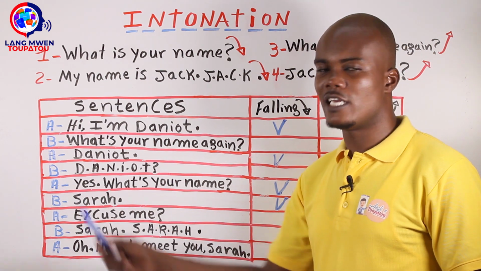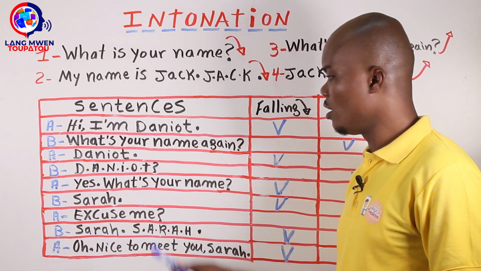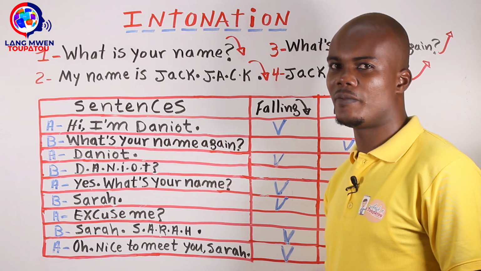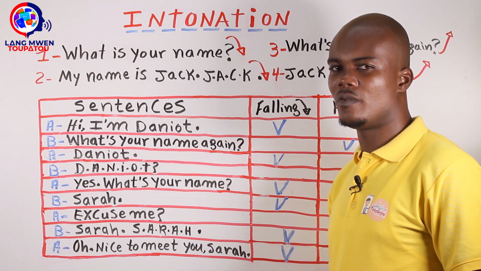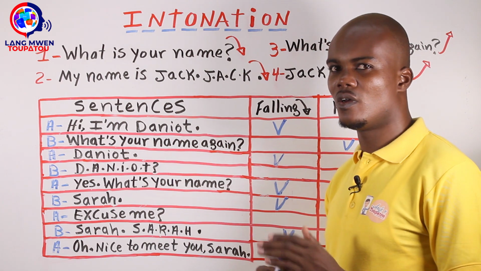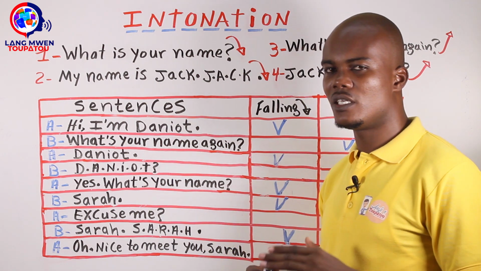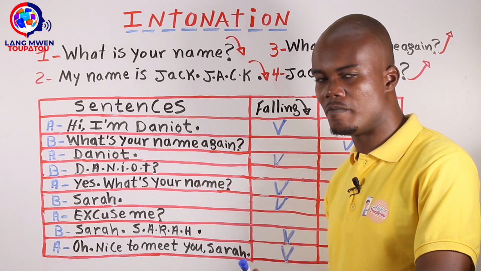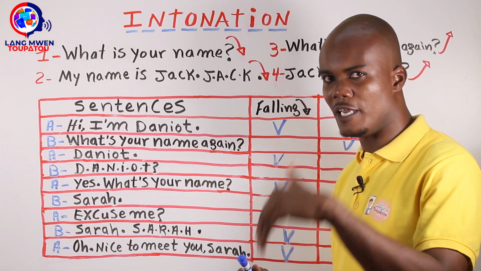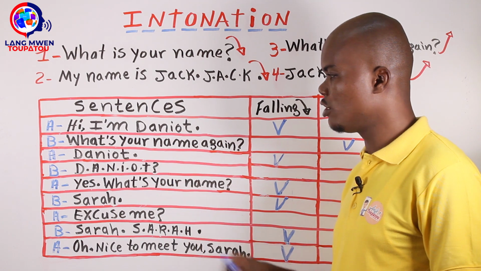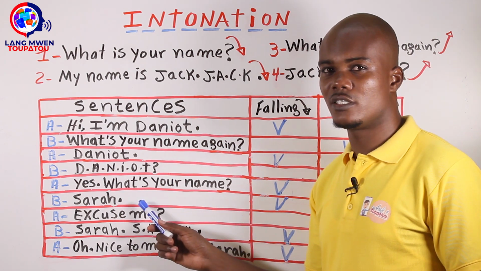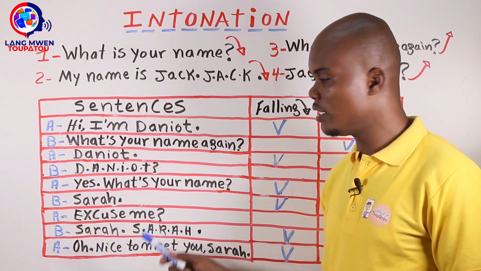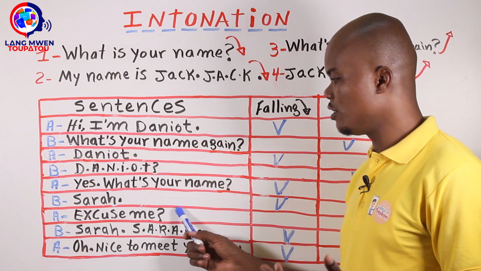And Daniel answers, yes. What's your name? It's not what's your name. It's what's your name? Falling intonation. And Sarah answers, Sarah. Falling intonation again. And Daniel says,